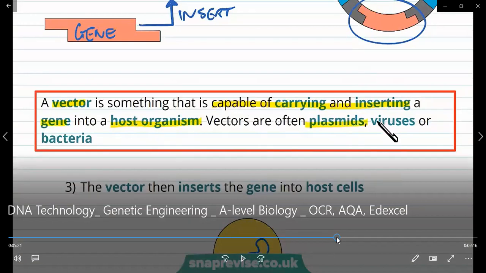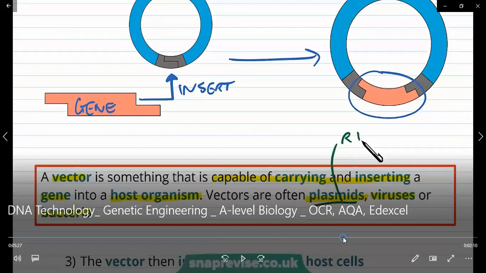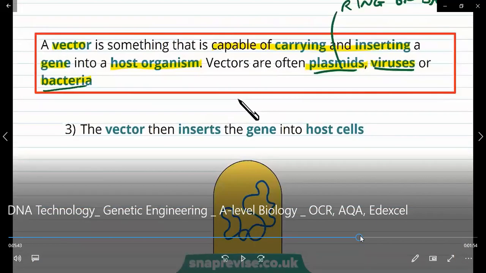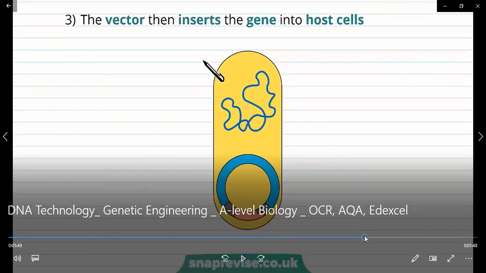Now, after we have gotten our gene of interest into the plasmid, the next thing we will need to do is to get that vector into our organism, right? So the vector then inserts its gene into the host cell. Usually our host cell is a bacterium, right? So this is a plasmid. Remember I told you before that the bacteria has two sources of DNA. This is the regular circular DNA that the bacteria would have, and this is the plasmid. But this plasmid has been modified by us because we have inserted a gene into it, and we have gotten the plasmid to be inserted back into the host cell.